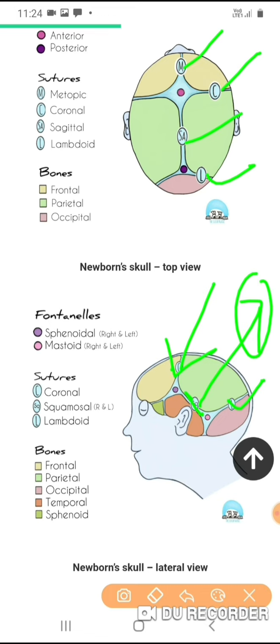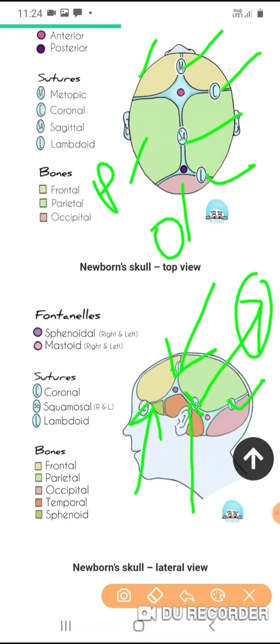and the bony parts that are not visible from the top of the skull view, that is, we are only appreciating frontal, parietal and the occipital from the top of the skull. But when we view it from the lateral aspect, the other bone is also seen, that is the sphenoid bone, and the other one is the temporal bone. These are your sphenoid, and this one is your temporal. So from lateral aspect, these two bones are seen clearly.